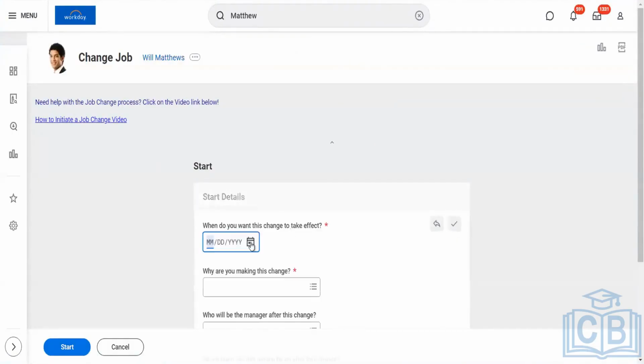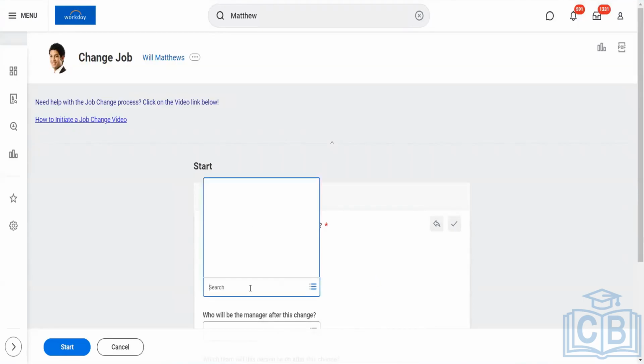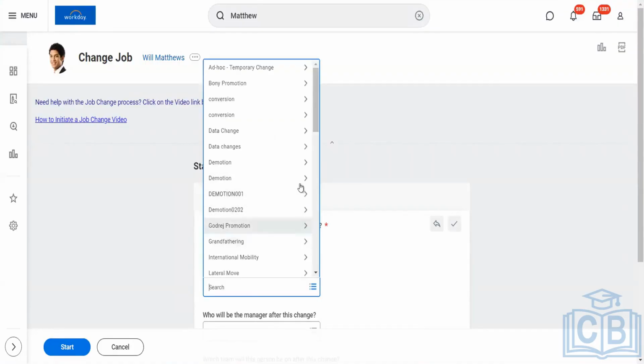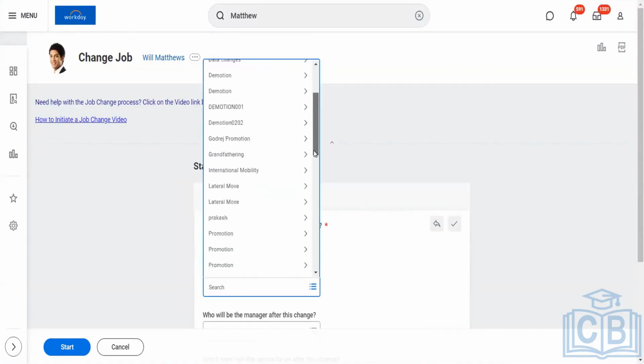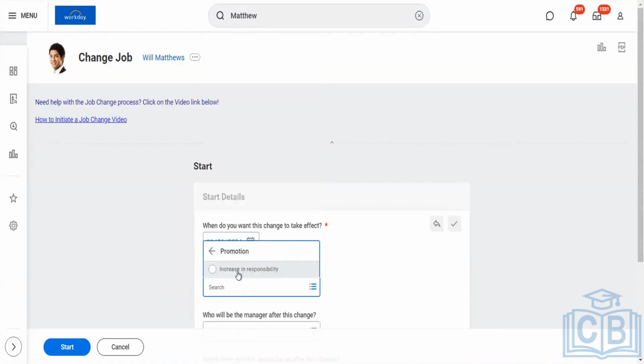There will be some basic details which you will be asked, like when do you want this change to be effective? Whatever effective date you want to choose. Let's take an example, you want it from 1st of November. Why are you making this change? That will be promotion, increase in responsibility.